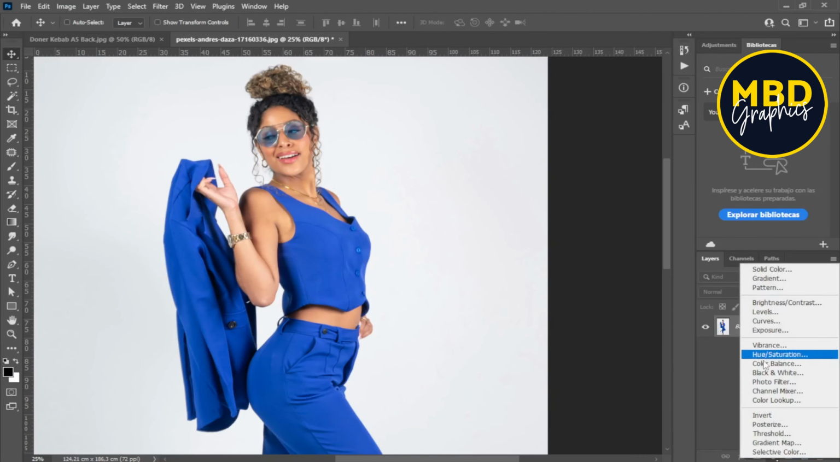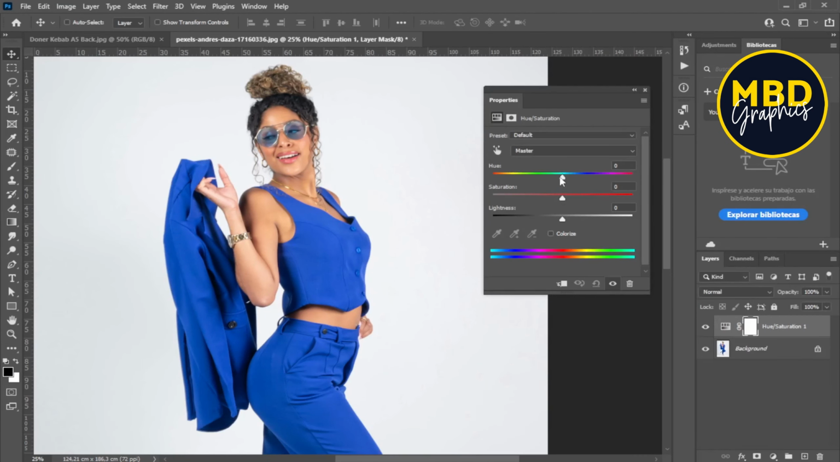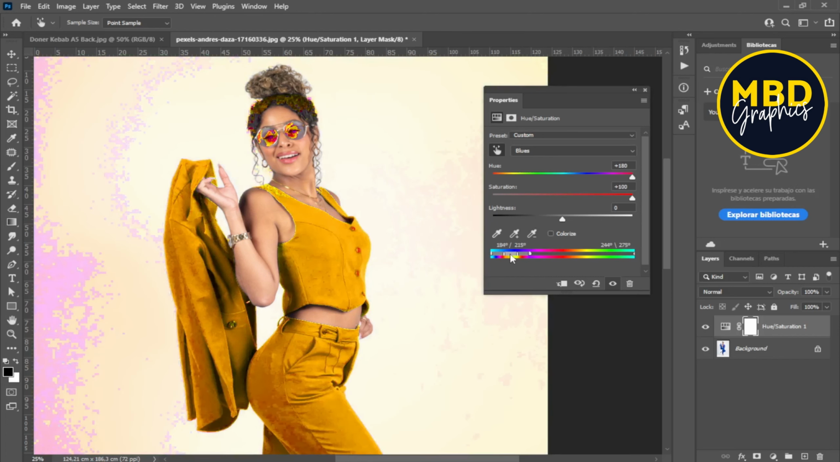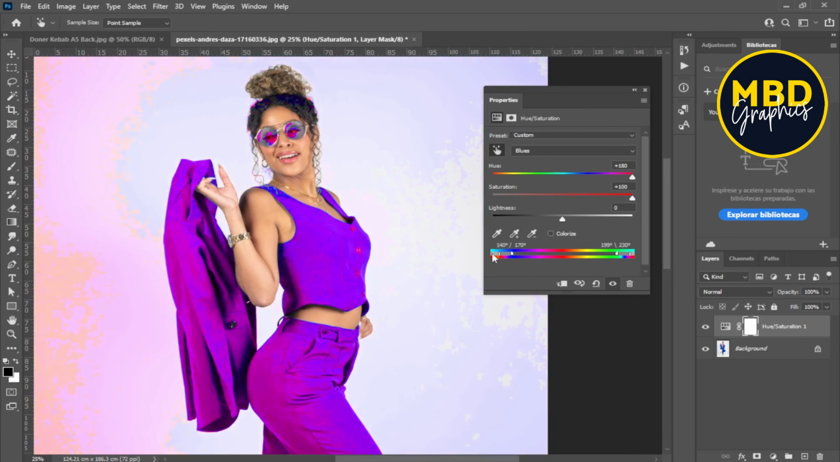Create an adjustment layer, Hue/Saturation. Inside of Hue/Saturation you will see a hand. Click on her dress and take away all the values on the right side. Now you can change the range of selection colors. Adjust a little bit. When you see complete color selection,